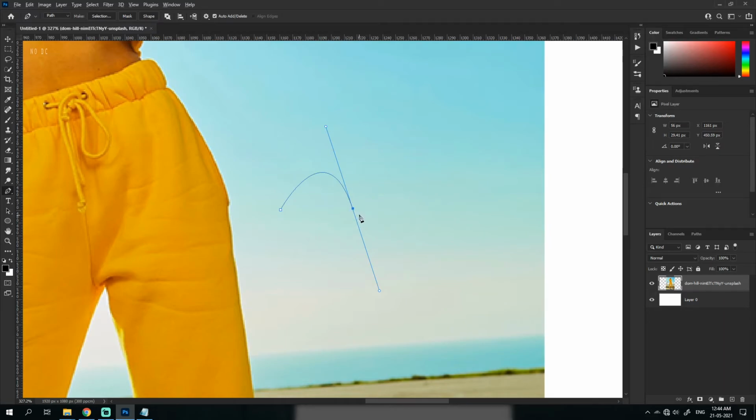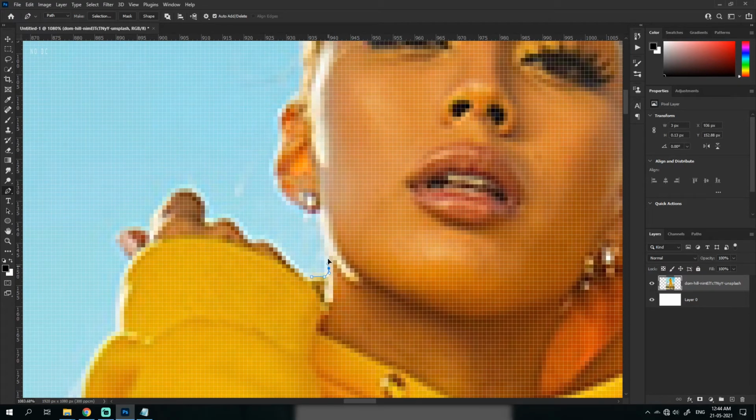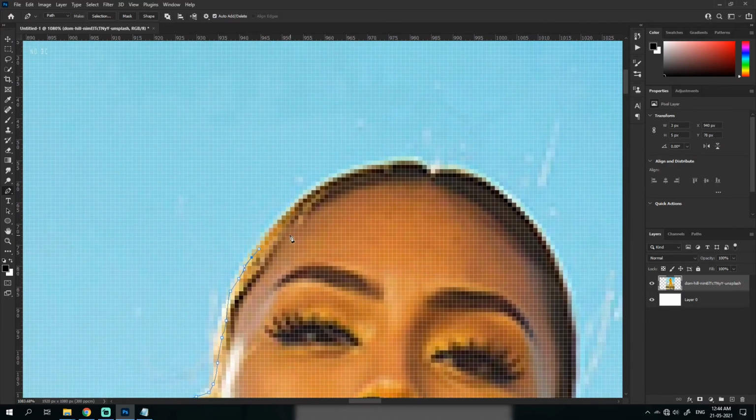So what I'll do is I'll hold left alt, and you could see the symbol changing to this thing, and I'll press this. So now I can just make another section without having to make it like this. So I just made it again like this, and then you could see it curves like this, but I don't want it. I'll press left alt, and I will curve like this. So the way we use this pen tool is actually to select subjects like this, and the way I work is I just make it in small increments like this, and I do it slower, not like this.